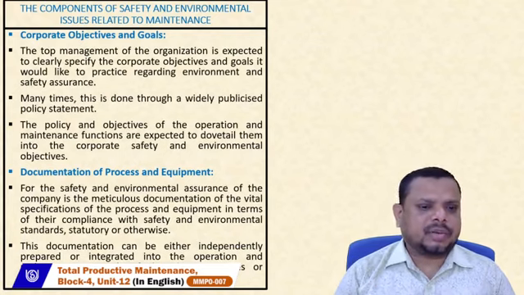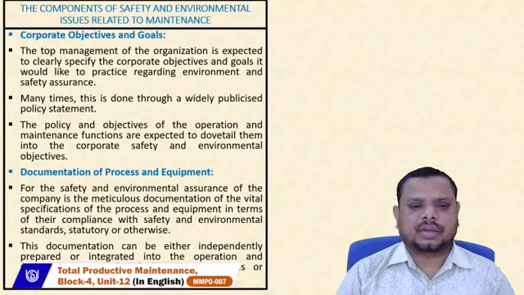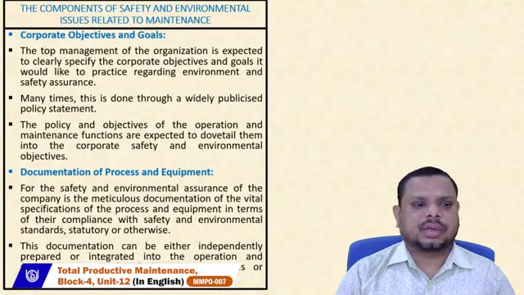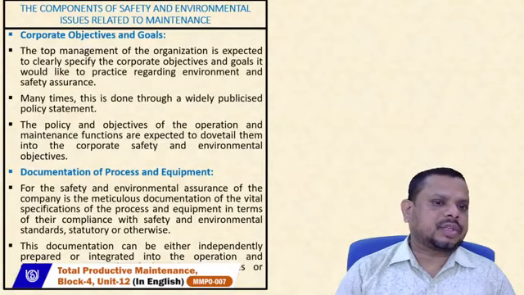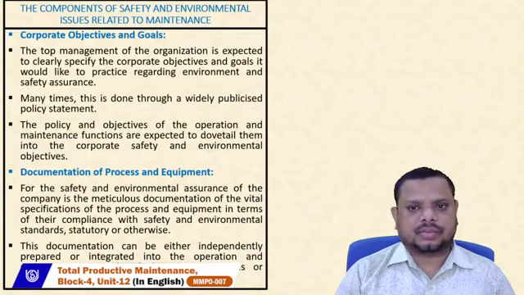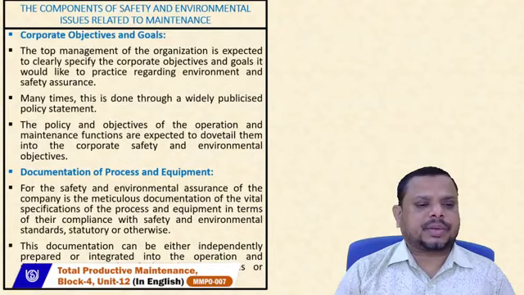And these are directly publicized whenever you think about the policy objectives, which basically include the operations and maintenance functions, which are cooperated with the safety and environmental objectives. So this is all about the corporate objectives and goals. Second one, we have documentation of process and equipment. So if you go to point number one, for the safety and environmental assurance of the companies, there is the meticulous